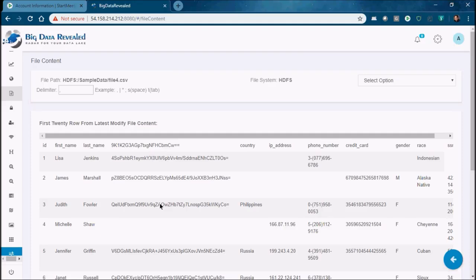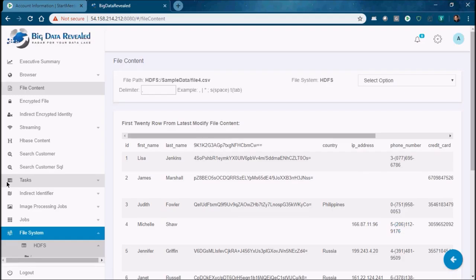We are using AES 256 encryption, which is known to be one of the strongest and most recommended ones to be used. So when it comes to discovery and remediation of big data, of HDFS, of JDBC, of real-time, of being able to move the information to multiple file types, including S3 buckets, HDFS, and the existing RDBMS, we have